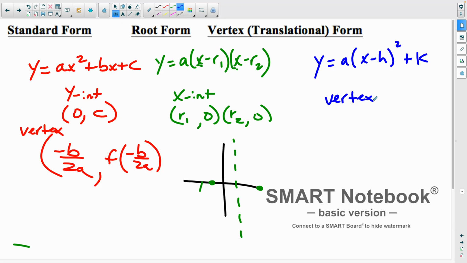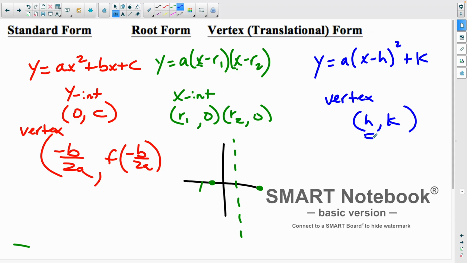The vertex is (h, k). Now remember, the h is going to switch signs because it's in the parentheses, and the k is on the outside there. Would you know your axis of symmetry pretty quickly? It would be x equals h, correct? All right. Now, one other thing on this one,